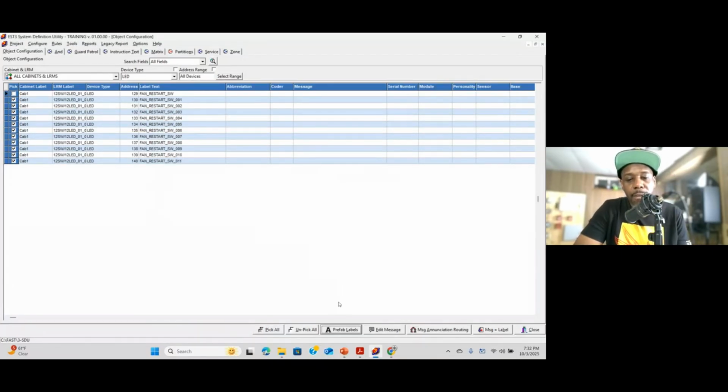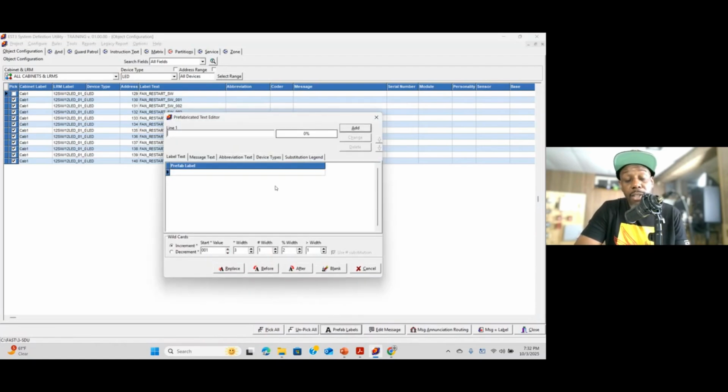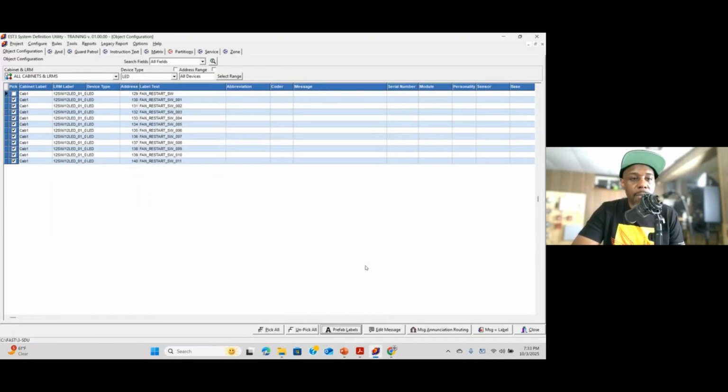So essentially what I used was the wild card, and I should have saved it. This wild card will represent any character, so wherever you use this wild card is going to assume all of these characters. My start value was 3 digits of 0. You can use just 1 digit, or as many digits as you want. I just used the default. So that's how you use a prefab label. If you have 100 smoke detectors, this would be a good way to label them quickly.